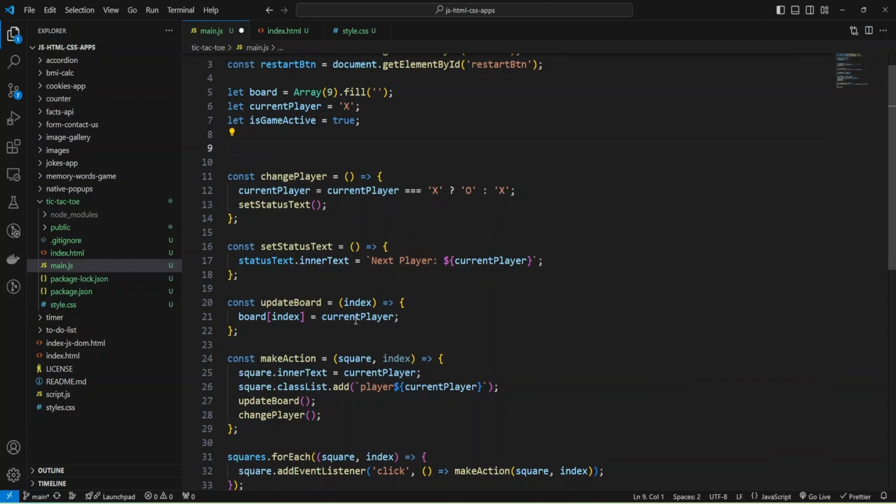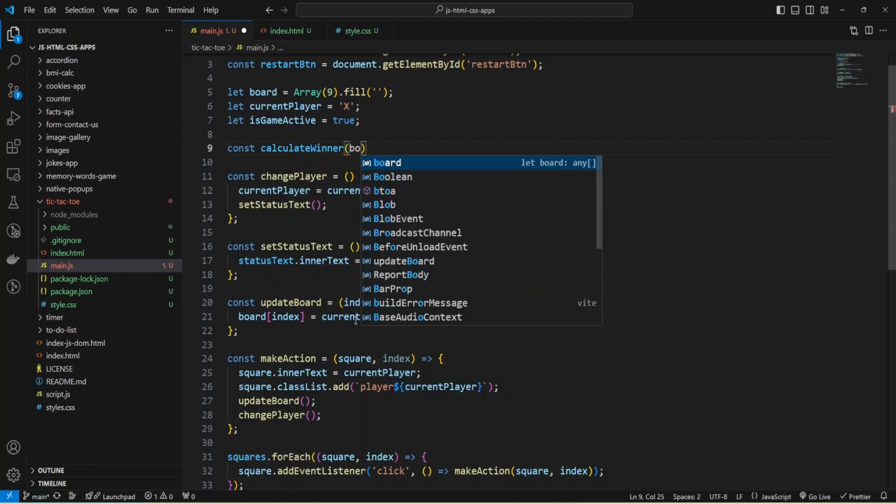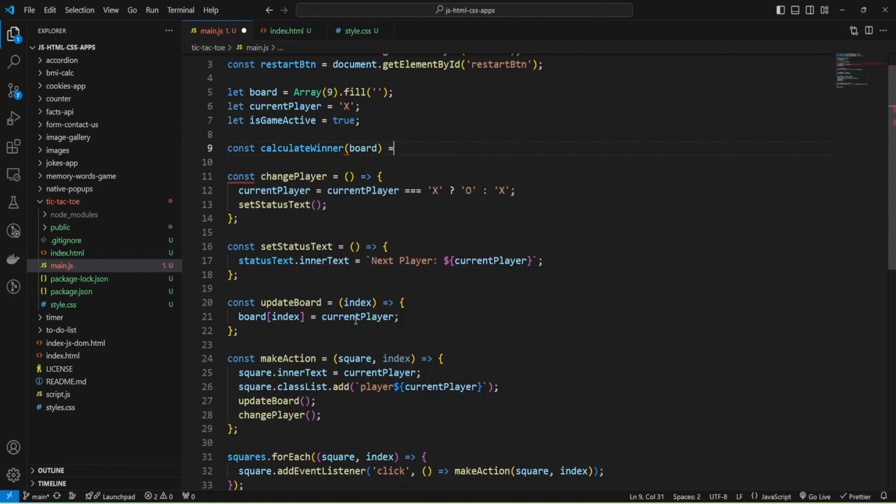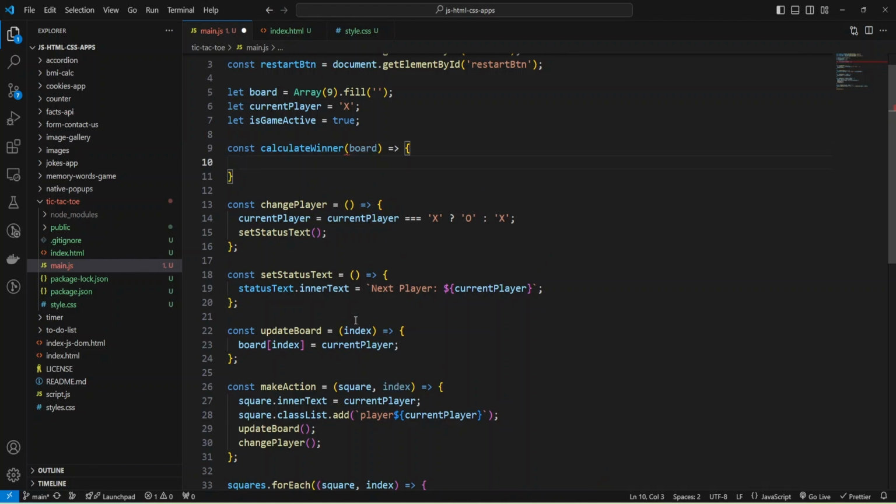It will be also arrow function, const calculate winner, and it will take board as parameter, and inside calculate winner function I'll have all possible winning combinations, and I'll store them in array winning combinations conditions.